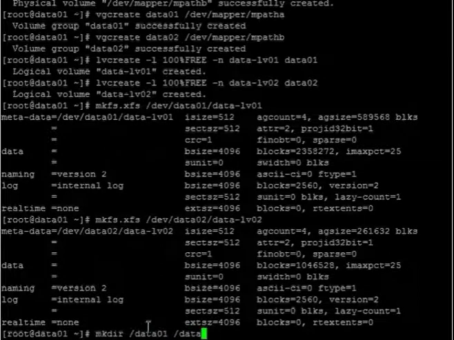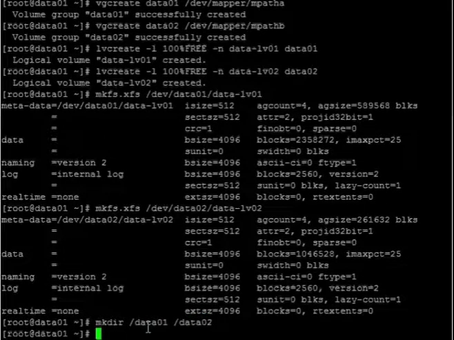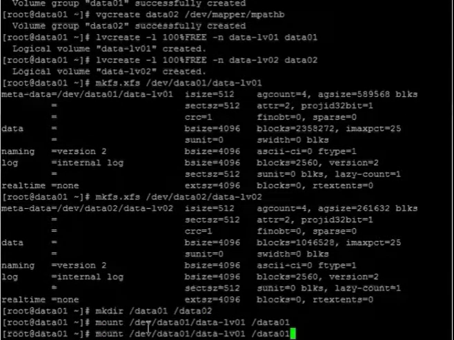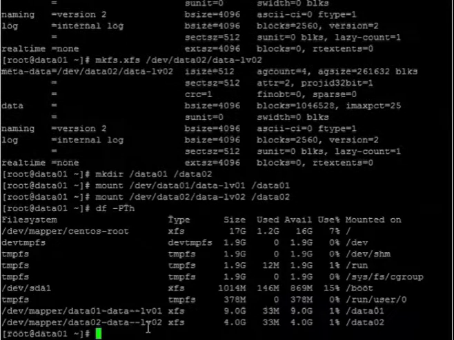Now let's create the folders and mount the directories. So we have mounted these directories, and now you can see these are the two disks. One is 4 GB, the other one is 9 GB.